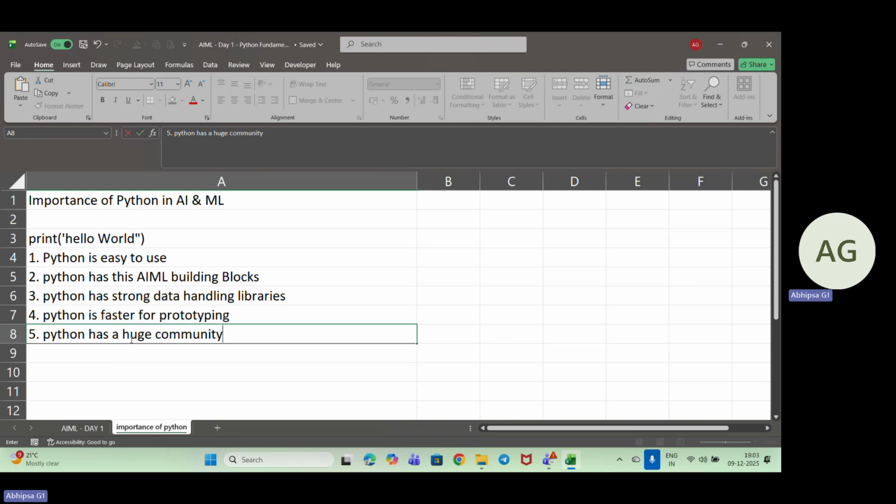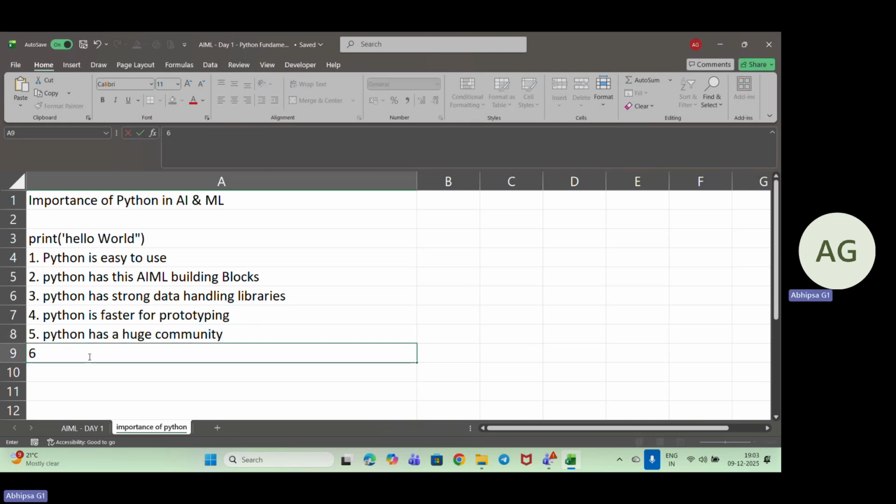Also, we have YouTube channels and YouTube videos. From there, we can get some generative AI content also. If you want to understand it, they also help us understand Python in detail. It is easy to solve errors in Python. You get thousands of free code snippets, and hundreds of open source AI projects. That is why millions of people are using Python all over the globe.